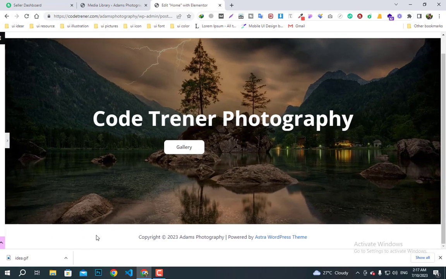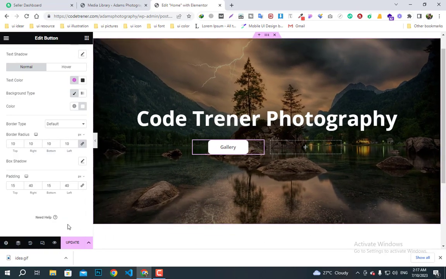Okay, 10 is looking good, but I think the button is too small. Make it 50. Okay, and I'll reduce these to 5. Okay, it's perfect now, and